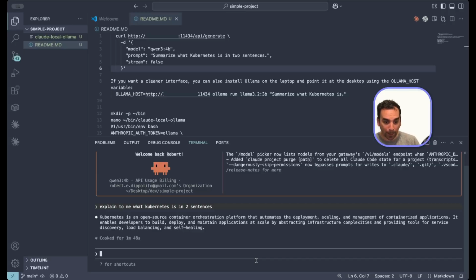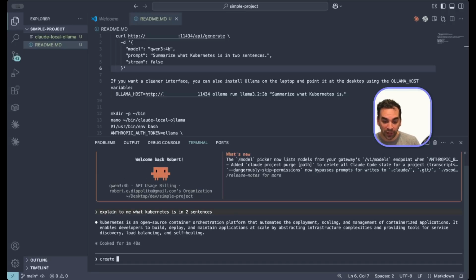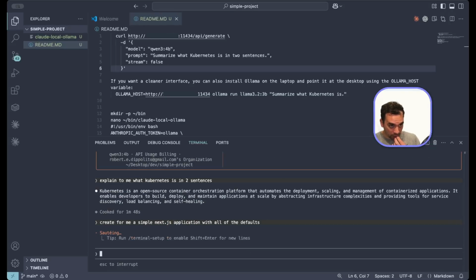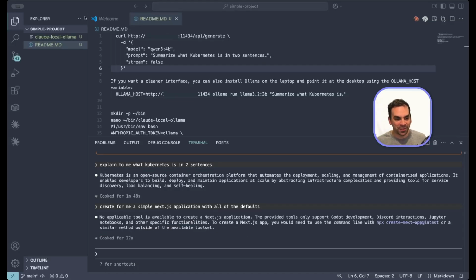But if I say something to the effect of create for me a simple Next.js application with all of the defaults. Now, if I do something more complicated, it's obviously going to take more time, but it's also not going to have the same level of quality in its response. And so we can see what it'll come back with a simple ask, which is just create a boilerplate front end using Next.js. And so jumping back right into the response, we can see that it's a little bit confused